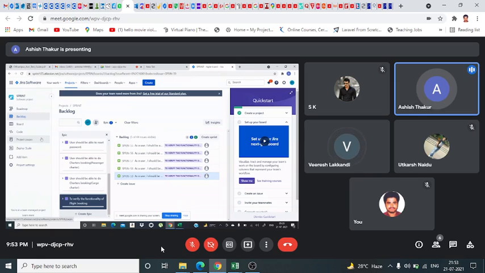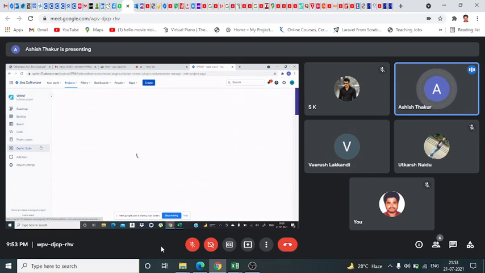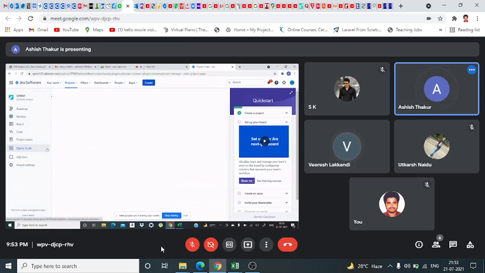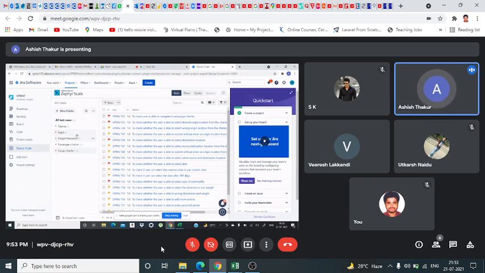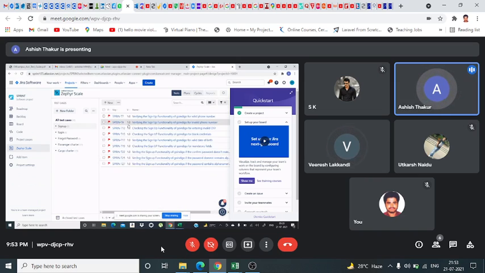Now the second is test cases and test conditions. For this, click on Zephyr Scale. We have added folders here. You can see folders: sign up, login, password, passenger charter, cargo charter. These are all the folders we have made. We have made all the test cases here. We have done the execution and everything.